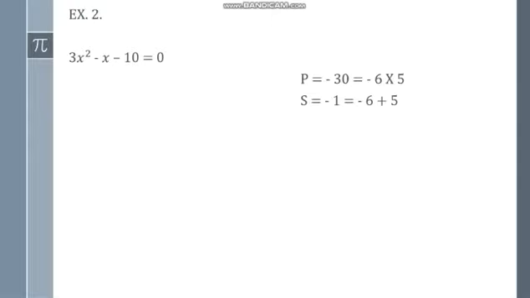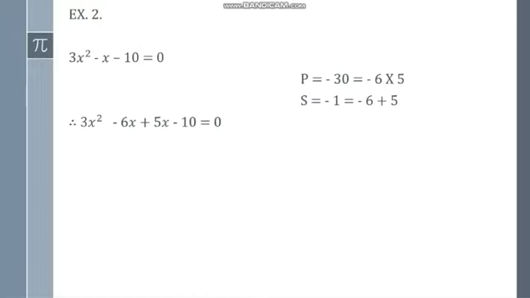So in place of minus x, we will now write minus 6x and plus 5x. So what is the next step we will get? 3x square, in place of minus x I wrote minus 6x plus 5x, and minus 10 as it is